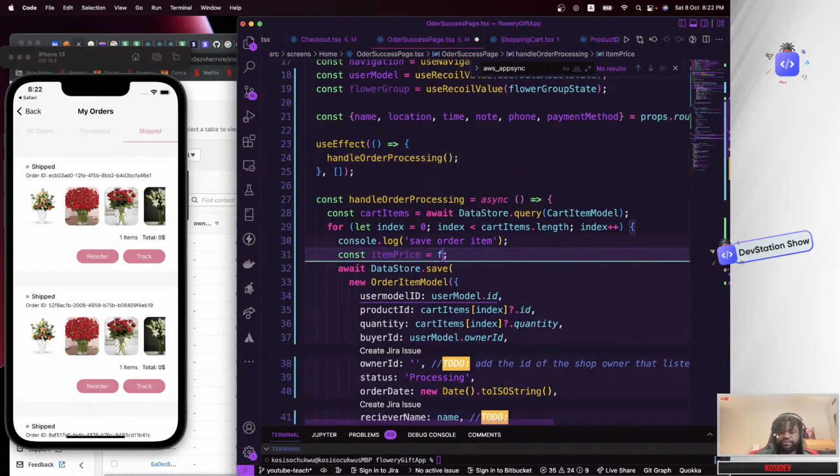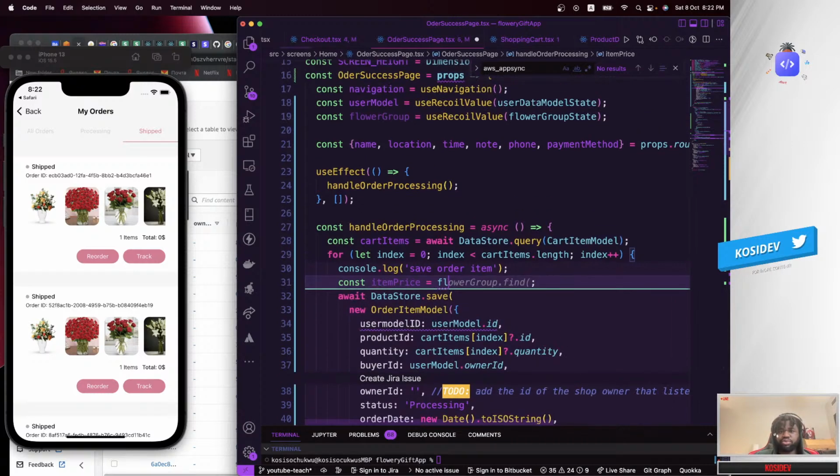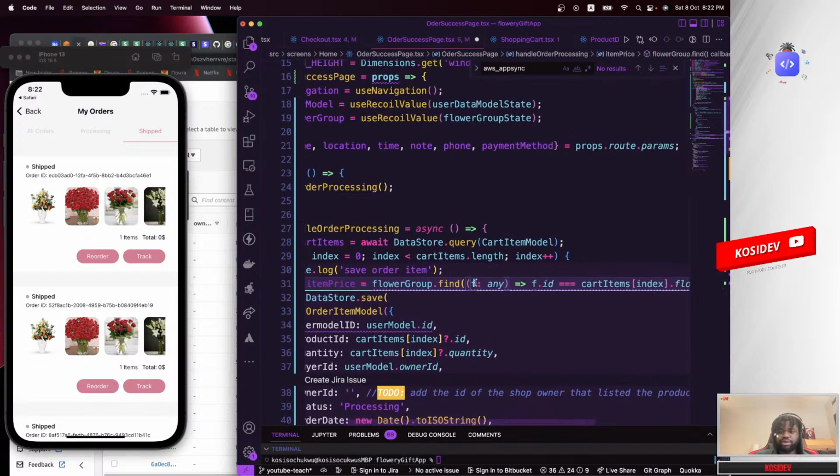So I'm going to say Flowery group state. No, not Flowery group state. So Flowery group dot find. We need to pass a predicate to it, find. So we're calling this f.